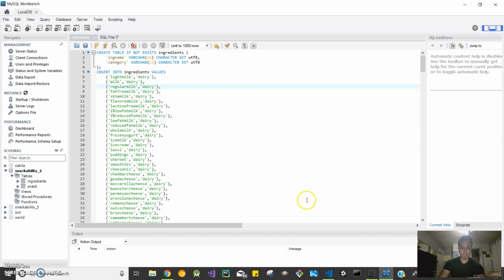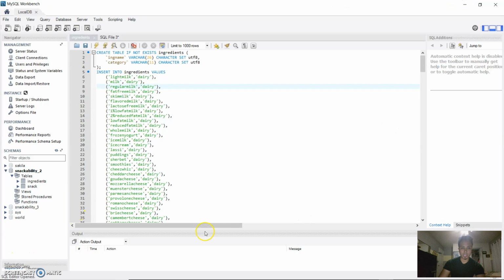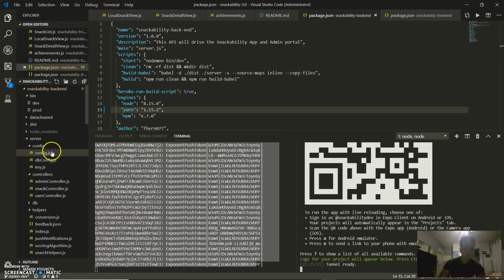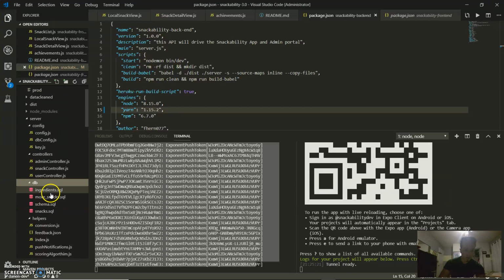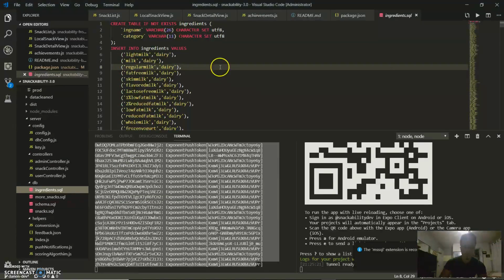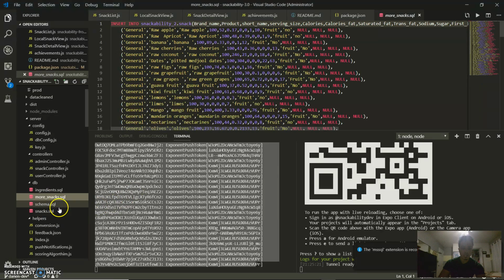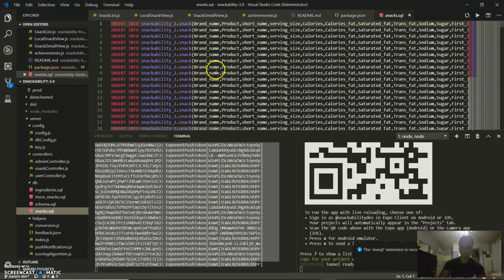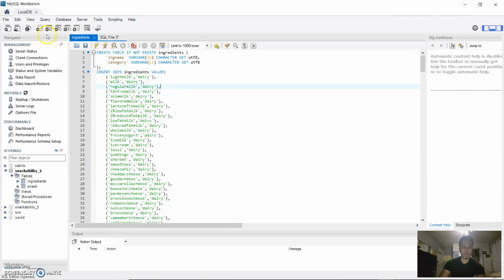Once that's done, I'm going to go over the SQL stuff. Inside of the repo, you should see under DB all of these SQL files. Basically, all you need to do is copy and paste these files to make all of the different tables. This will create the database locally for you. Instead of copy and paste, you can actually open those. Once you have MySQL Workbench open, you would need to create a new